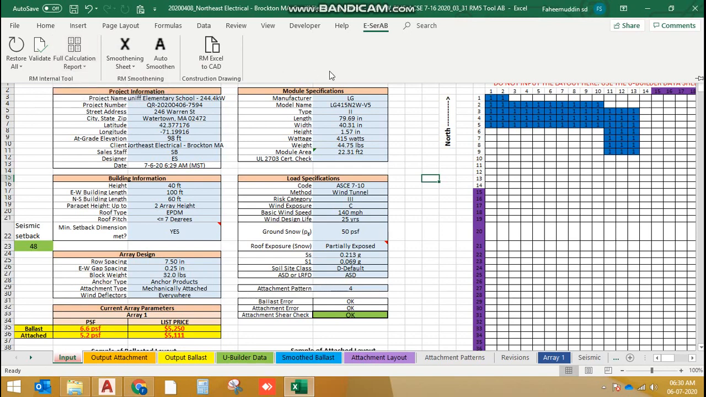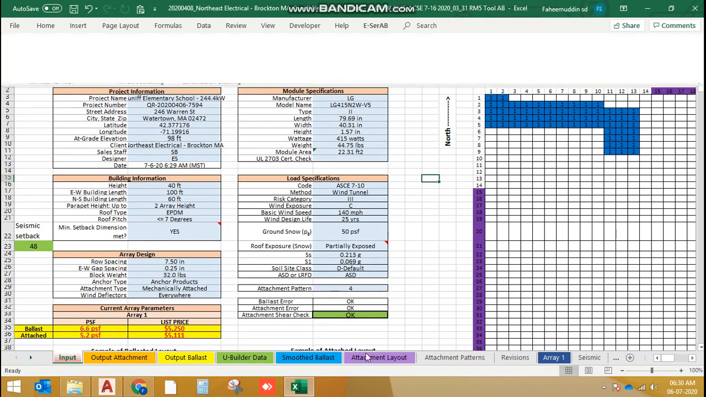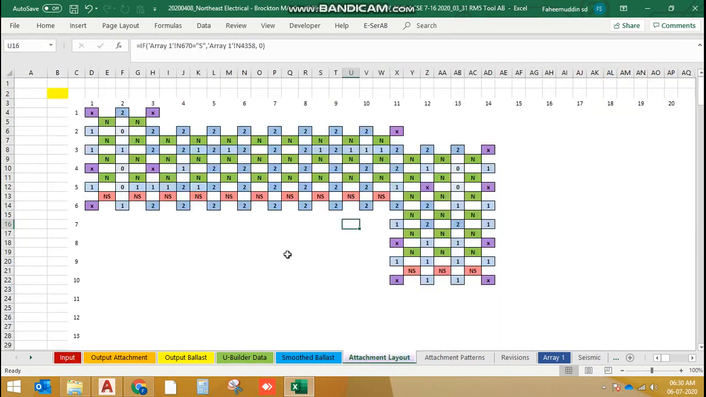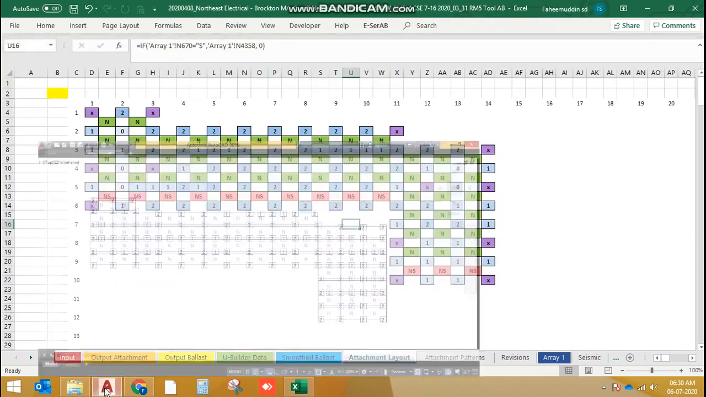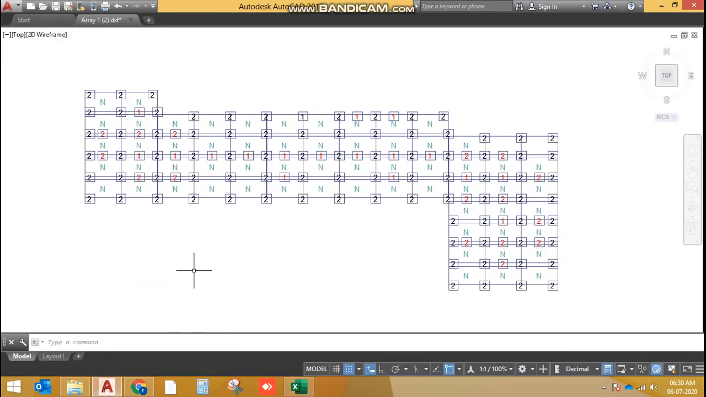Okay, next one. Before coming to the smoothing, let me show you RM Excel to CAD. There is one more new feature in this. So if I go to RM Excel to CAD, let's give attachment layout. Here if I click on RM Excel to CAD, before doing that, in AutoCAD file you need to do two things. Number one, you need to create array of this